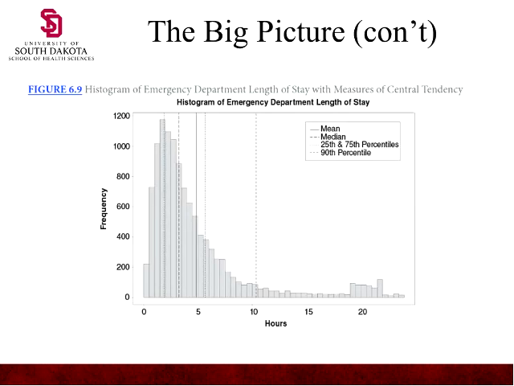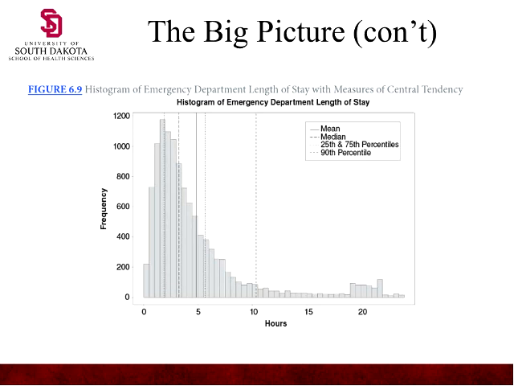Here's looking at the big picture a different way. Here's looking at that waiting, the histogram. What you're seeing, looking over hours waiting in the emergency room, is that most patients actually get out within the first 10 hours. Look at the different percentiles here. There's the 25th percentile, the 50th percentile, and as we go out, the 75th percentile.